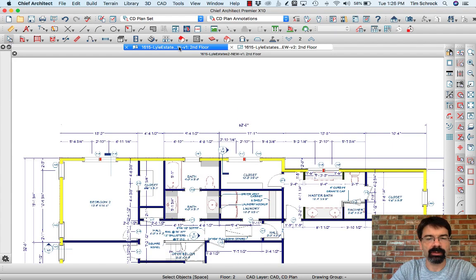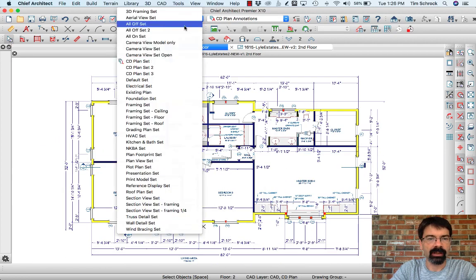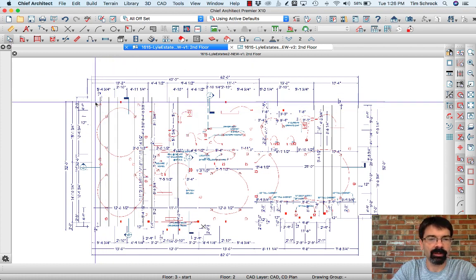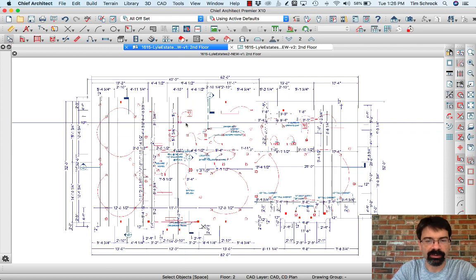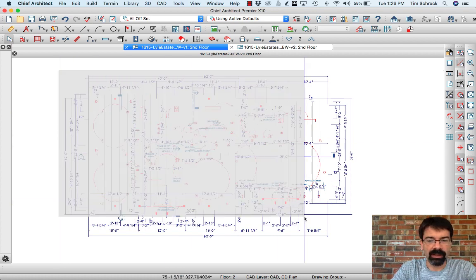So I'm going to expand this version. I have a layer set that I call all off, and generally that means all the layers are off, but what I've done is I've turned on the specific layers that I want to copy over, including my dimension layers and my CAD layers and my electrical and electrical connections layers and notes layers, etc. So I've turned off everything I don't want, like walls and windows, room labels, soffits, etc. I'm going to select that whole thing